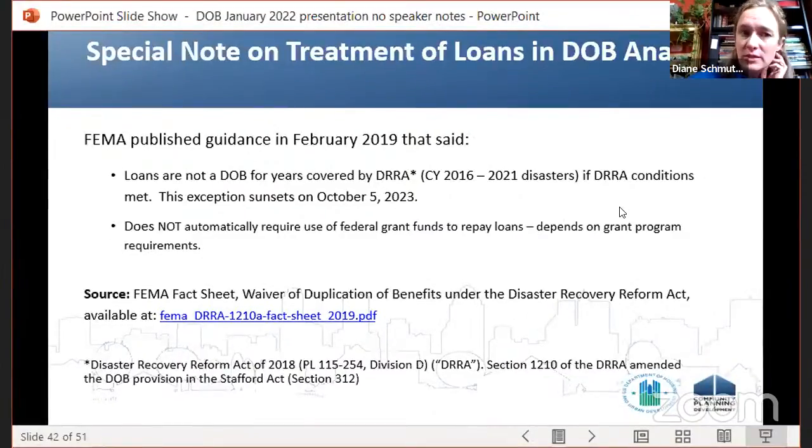So the Stafford Act was amended by FEMA publishing guidance in February 2019 that basically said that loans are not considered a DOB for years covered by DRRA. So the DRRA is an act that was passed. So what you need to know here is that,